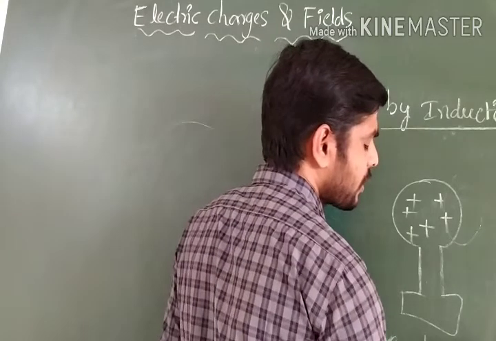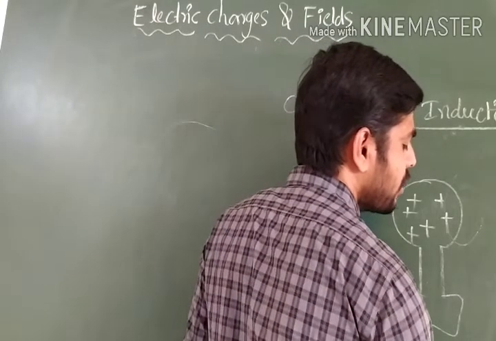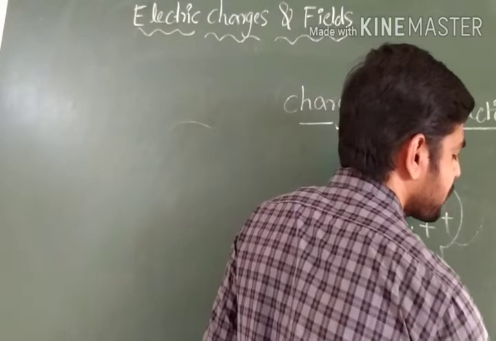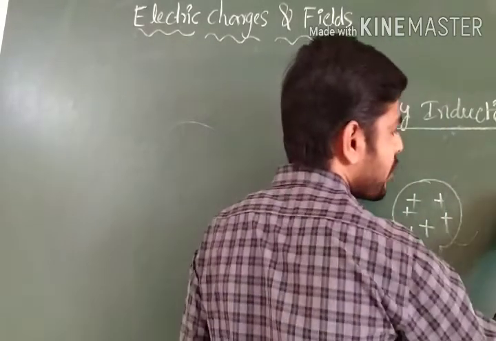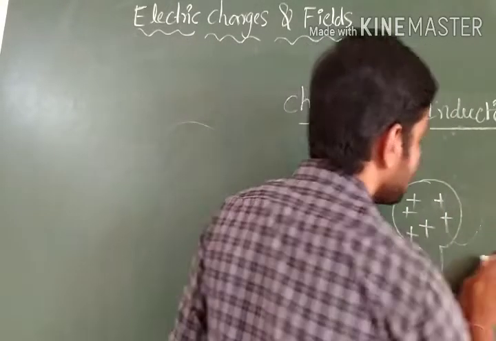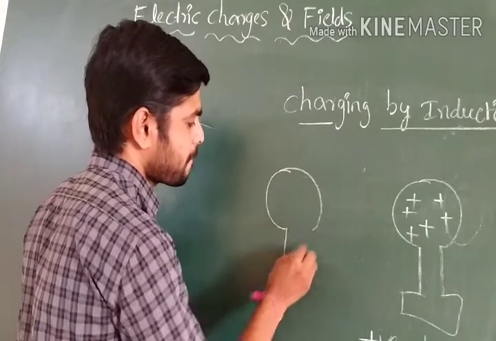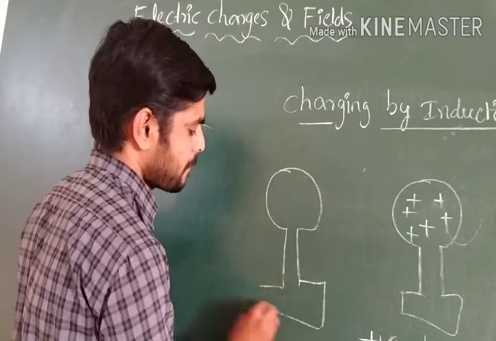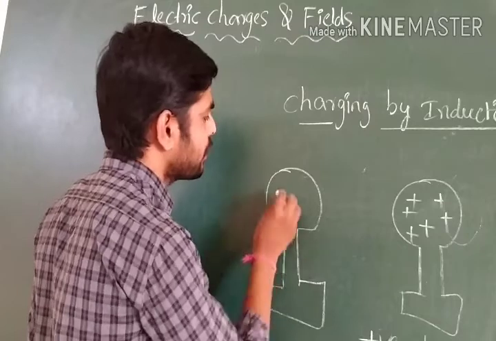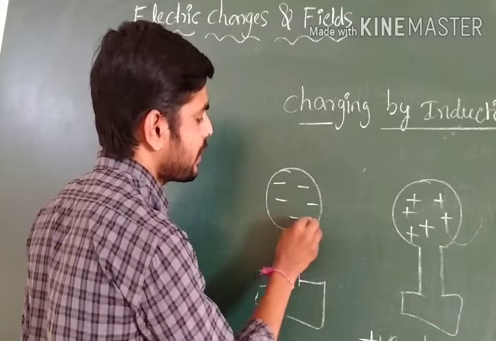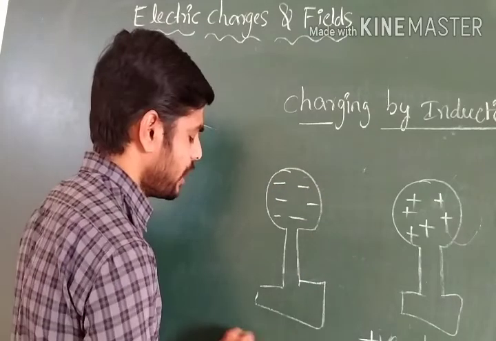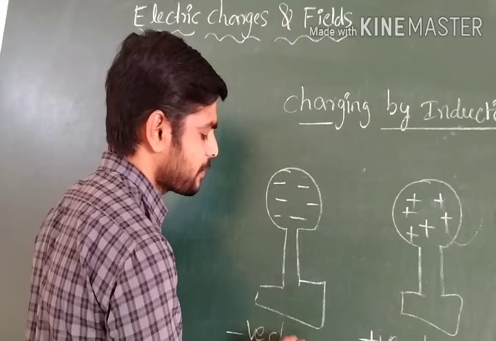metal substance, or we can call it a substance. Okay, one more diagram we draw also. One of the diagrams, this one, is all negative charge particles. The first diagram is called a negatively charged body.